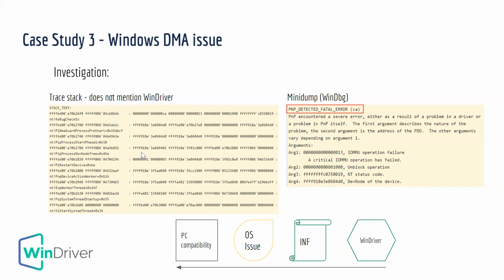So here we said, okay, this is not something that is related to WinDriver. Not a WinDriver operation caused the crash. We looked at the INF and it looked okay. And then we opened the Minidump and we saw this error: the PNP detected fatal error. We started investigating it on Google, right? On Windows documentation. After a short investigation, it didn't take too long,